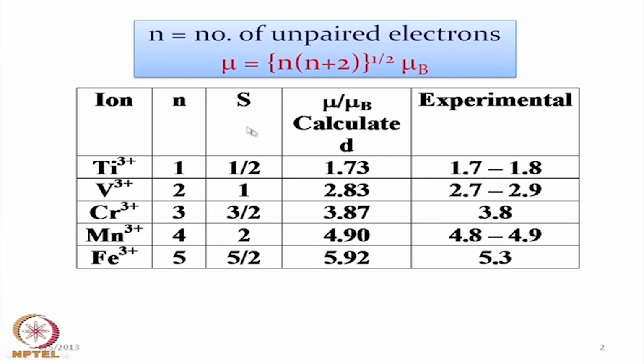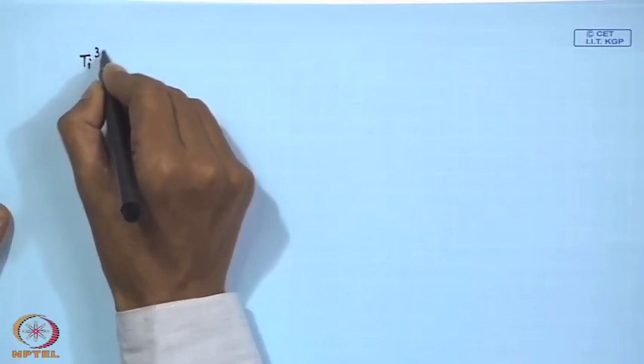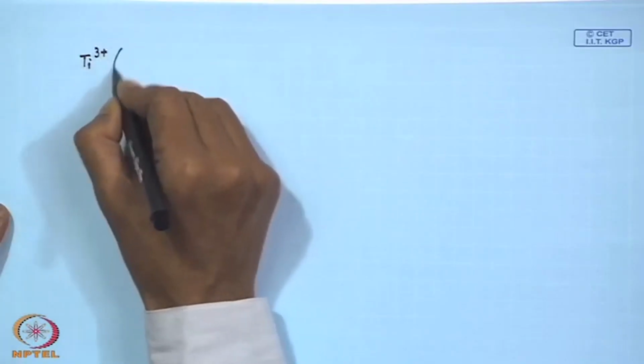Now if we take the example, not only the S value but also the L value, so if we consider the L values at the same time, take titanium 3 plus,